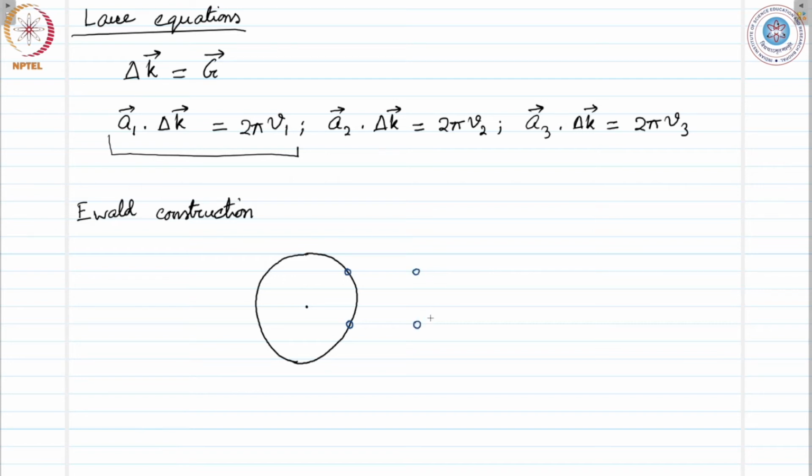These are reciprocal lattice points. I can have more lattice points like this, similarly spaced, and so on. So this lattice will certainly extend to infinity,